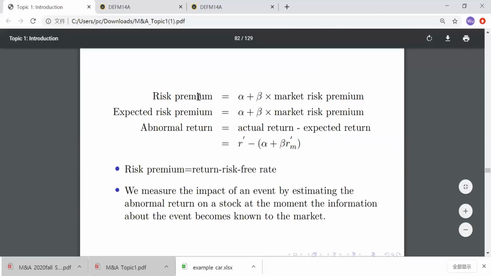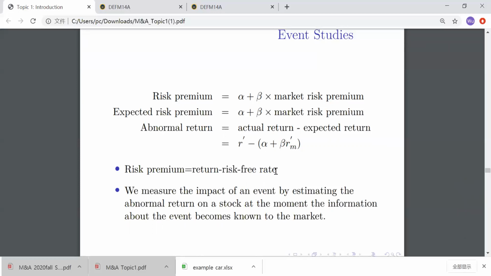But what is risk premium here? This is typically the actual return minus the risk-free rate, right? So you don't have to know what the risk-free rate is. It's basically the return you're going to get by taking no risk, by buying a treasury bill, for example, right? The return on buying a treasury bill, right? Taking no risk, right? But typically in reality, the risk-free rate is almost zero. So you can just think that risk premium is just the actual return, right? That won't affect your calculation a lot.